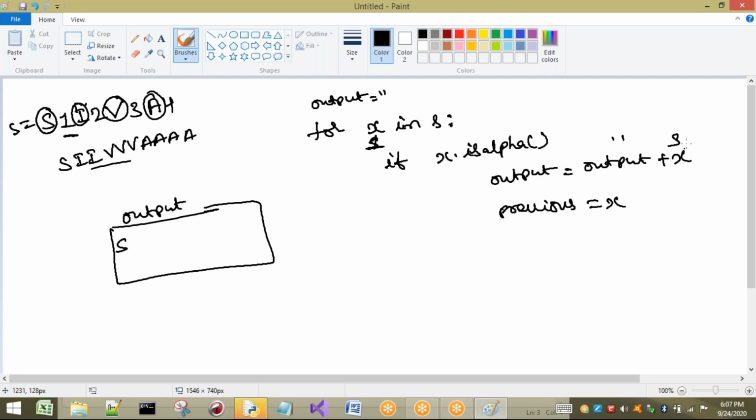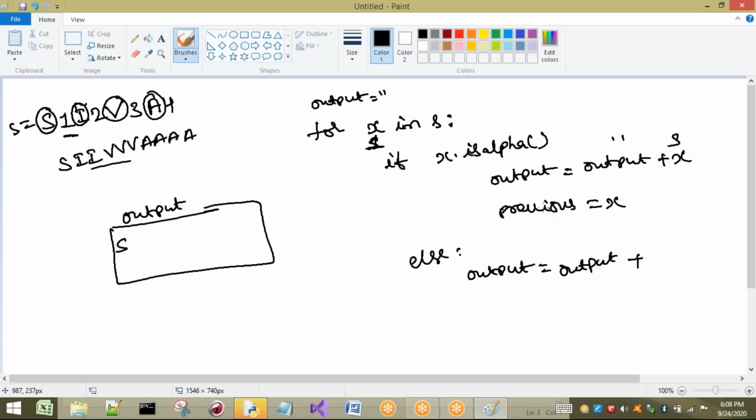I'm going to store that particular string inside output. Now if it is not an alphabet, what are we going to have? Numbers. Then what do I have to do? This s has to be printed how many times? This number of times. So in the else case, I have to take output equal to output plus, a very important point, plus.